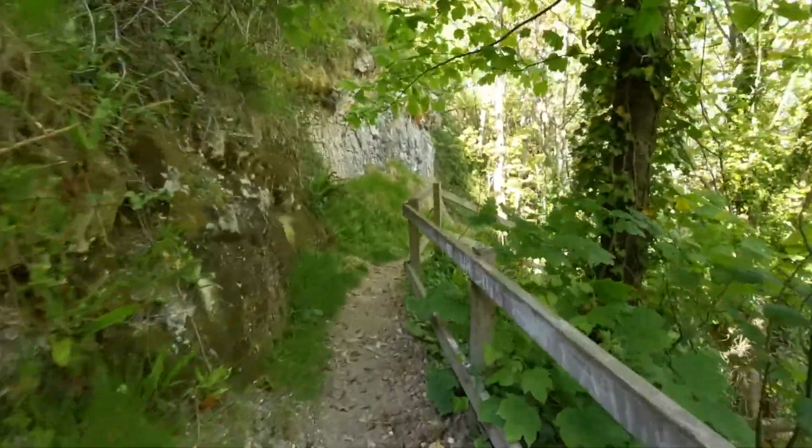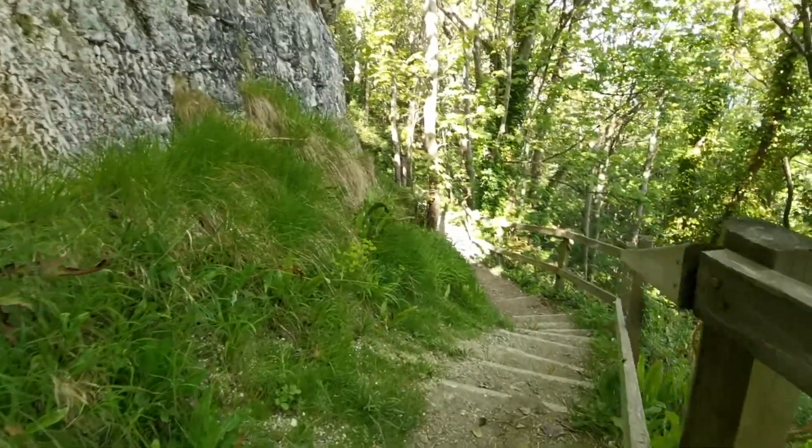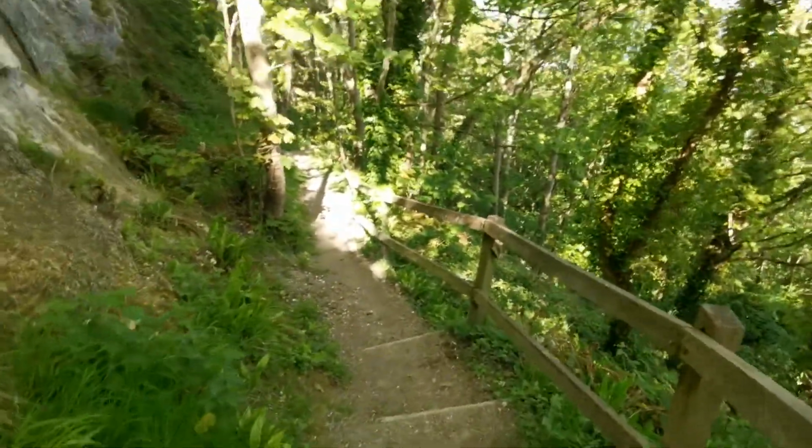And continuing down, you can obviously notice that where you're losing your altitude, biodiversity is perhaps becoming greater. We're getting these